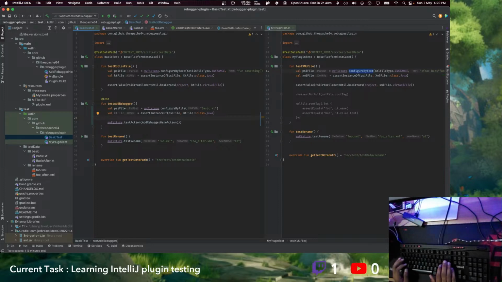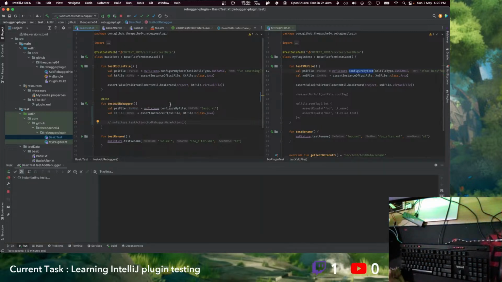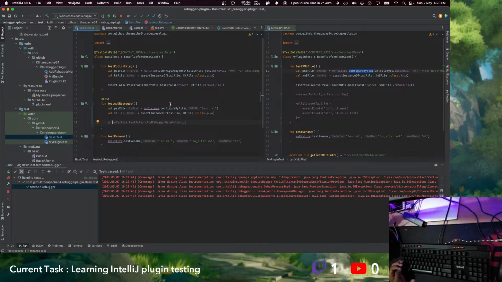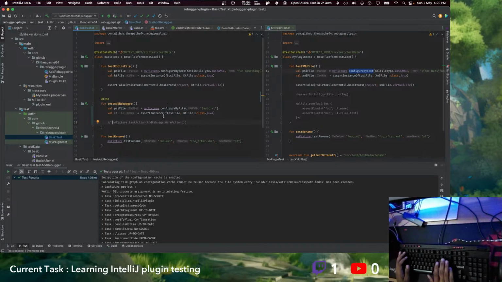Cool. Now let's check whether this passes or not. Is this the right way to load a file? That is my question, question number 1. Is this the right way to load a file? Yes, it is. Now, can you give me my fixture? Can you give me